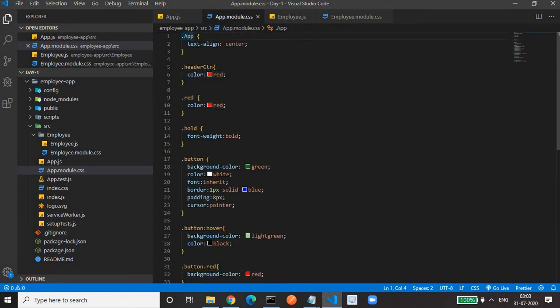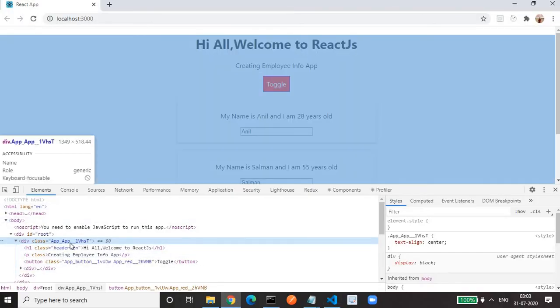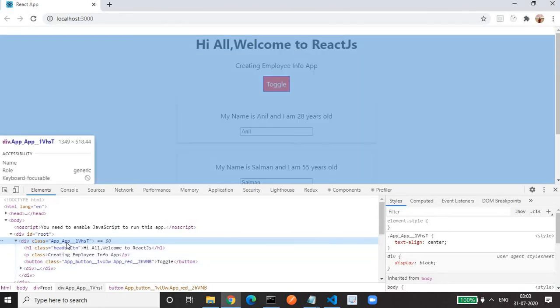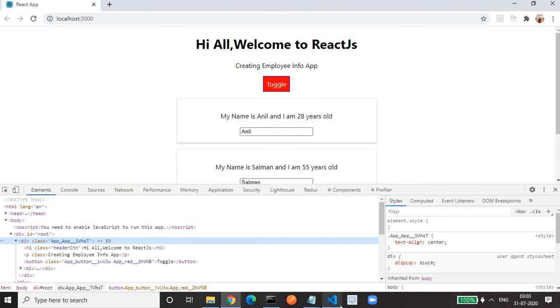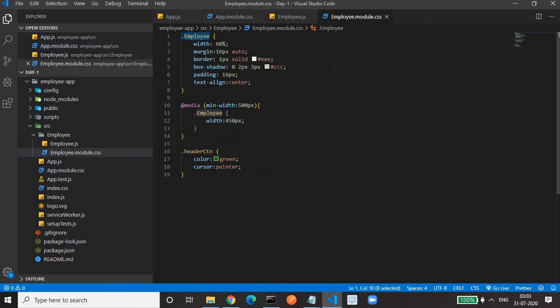Okay, and our CSS module will generate a random class for that, in which the middle name is our class name that we have defined. So in this way our class gets unique. Suppose I define this dot app class here with text align center, and here I give text align right.